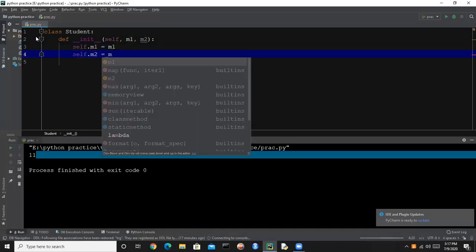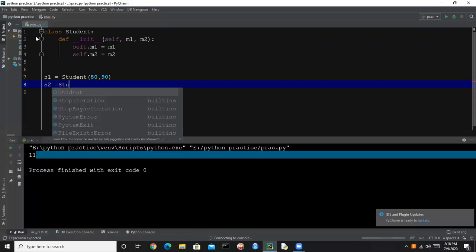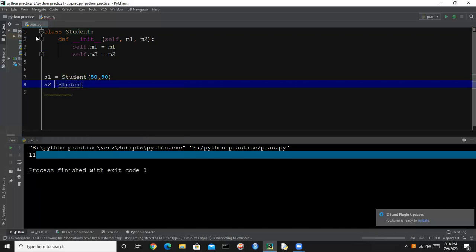Now we have created two instance variables, and let's create objects of this Student class. One student has these marks and the other student has these marks.